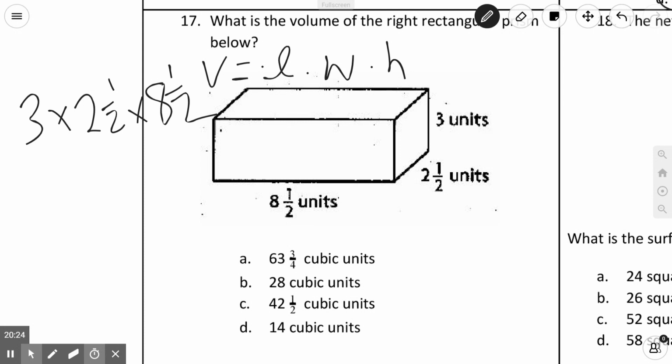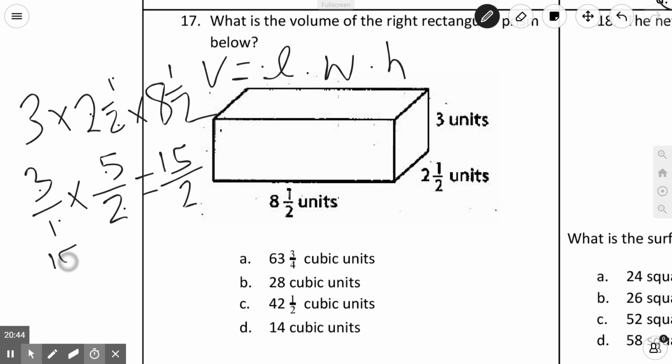So I'm going to convert these. So this is 3 over 1, and 2 times 2 is 4, 4 plus 1 is 5 halves. I converted that to an improper fraction so that I can multiply. This gives me 3 times 5 is 15, 1 times 2 is 2. So now I've got the fraction 15 halves times